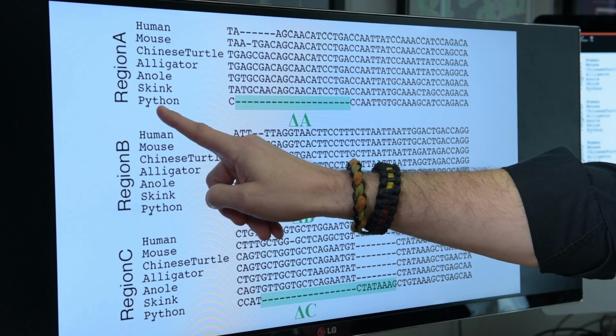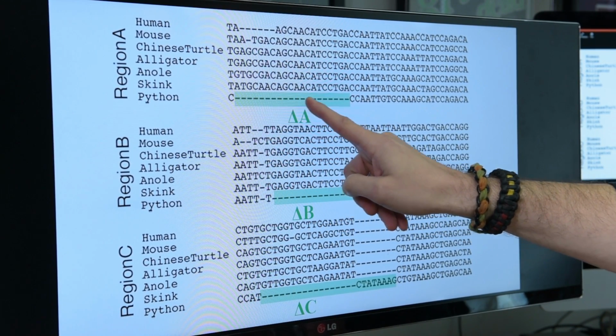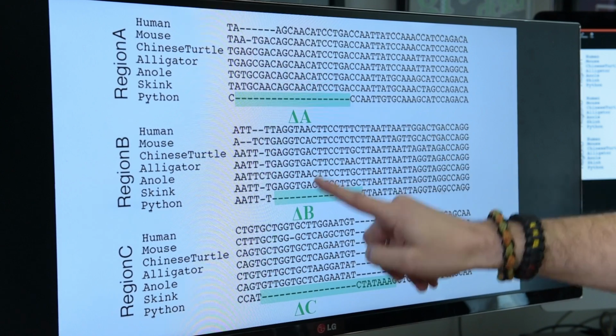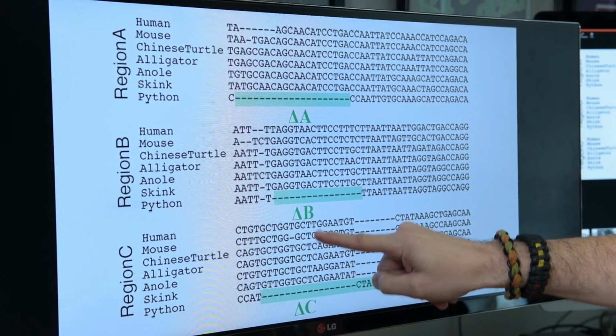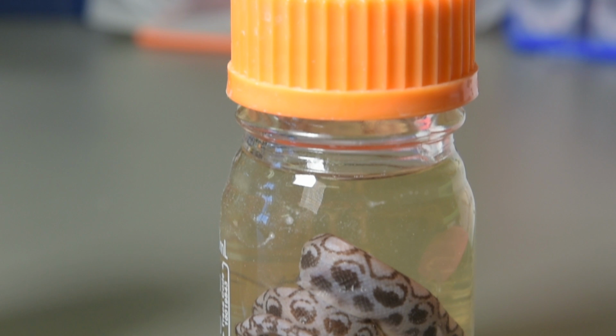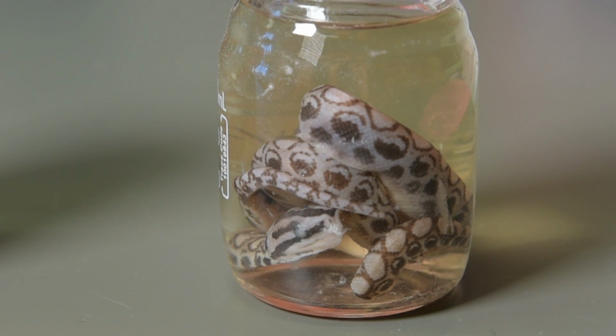So drilling down into the genome, what we found was that there are 3 mutations that occur not in the Sonic Hedgehog gene itself, but in an enhancer, which is a switch that controls when the Sonic Hedgehog gene comes on and switches off. And these mutations are responsible for very weak activity of the gene. It flickers on and it flickers off because the activators of that gene are not able to bind and switch